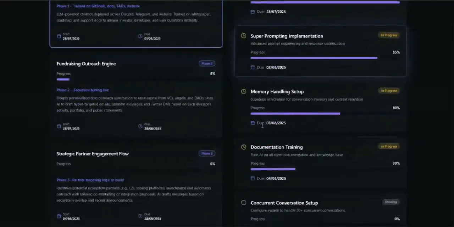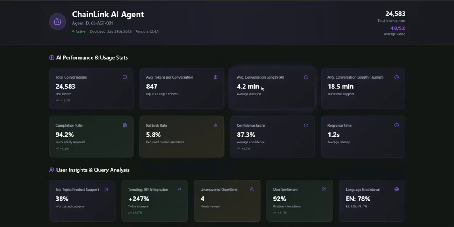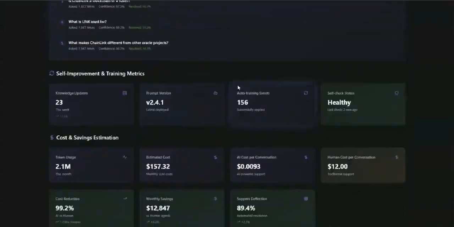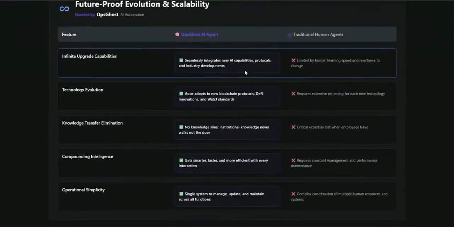So I'm going to just wrap the video out there, 14 minutes, that's enough, it's long enough in itself, but I just wanted to give you a little overview of what we can build, what's possible, show you a couple of dashboards, and yeah, if you need automations or you want to streamline your operations or you're interested